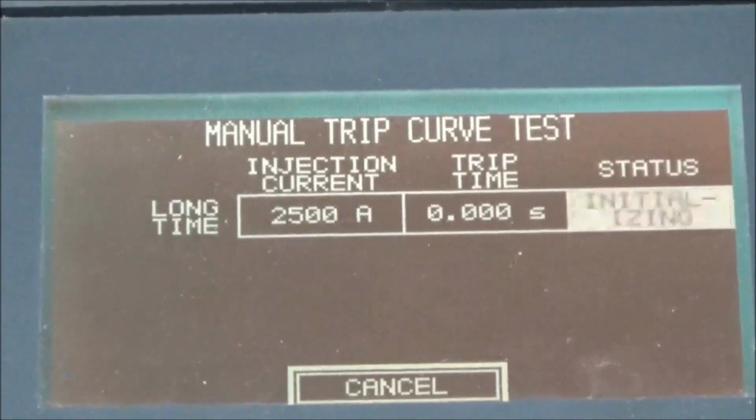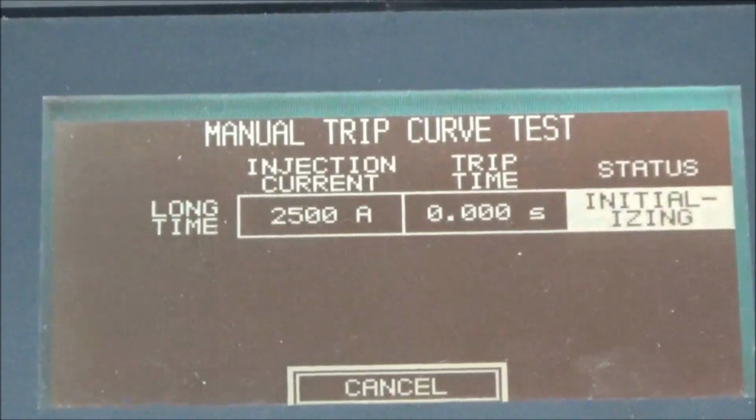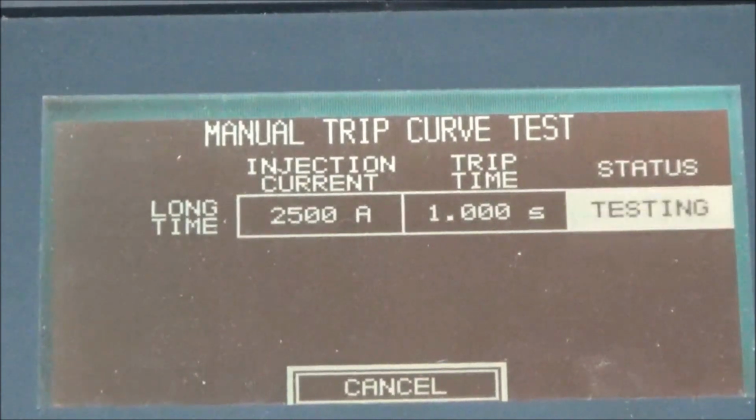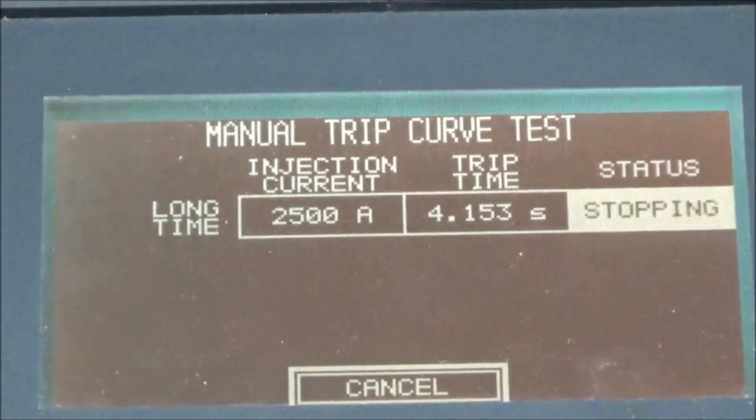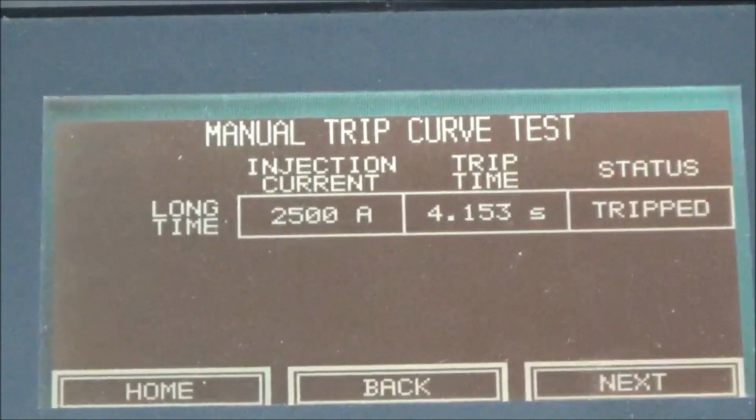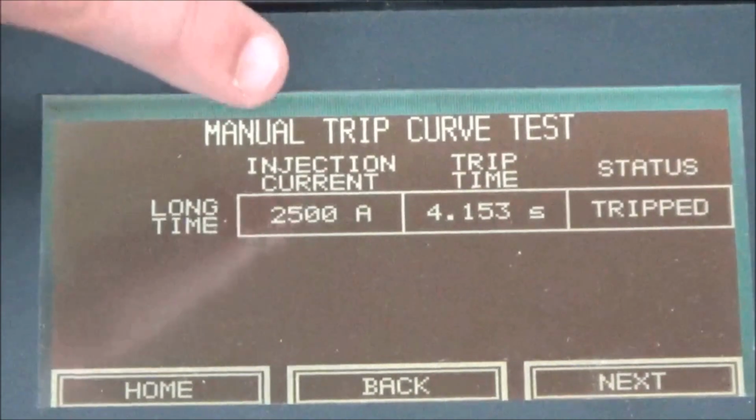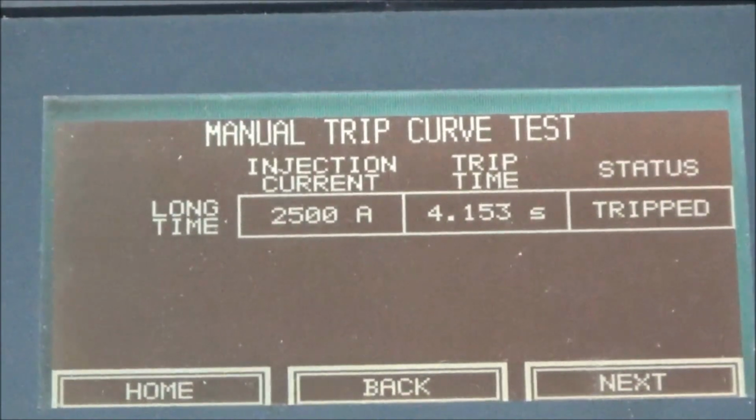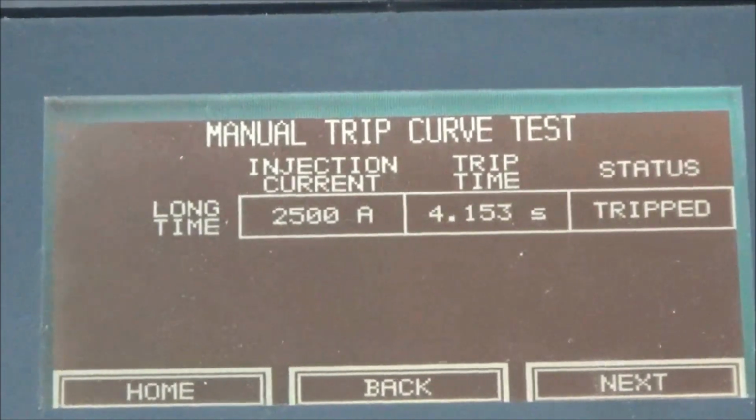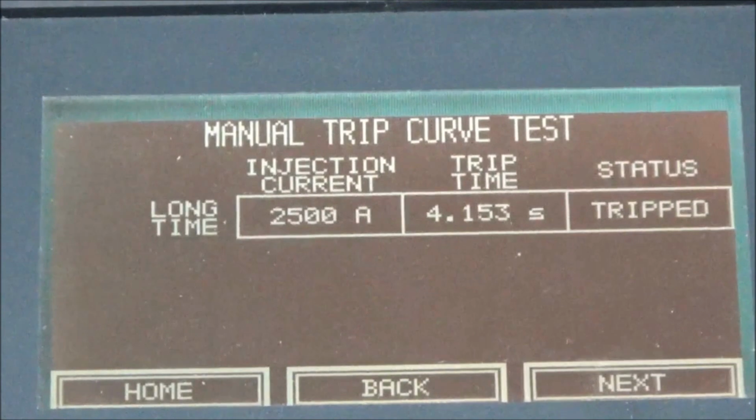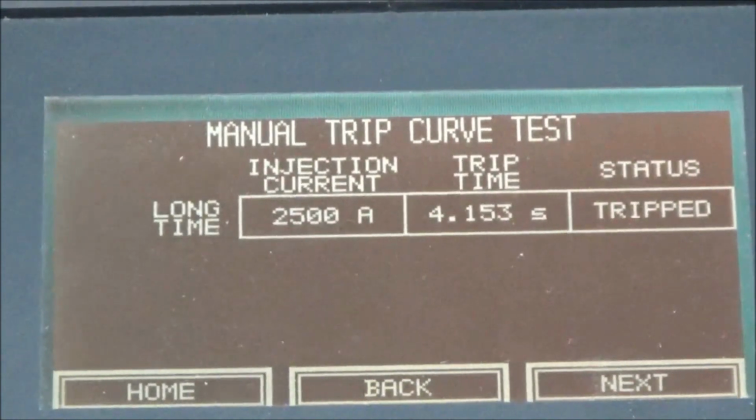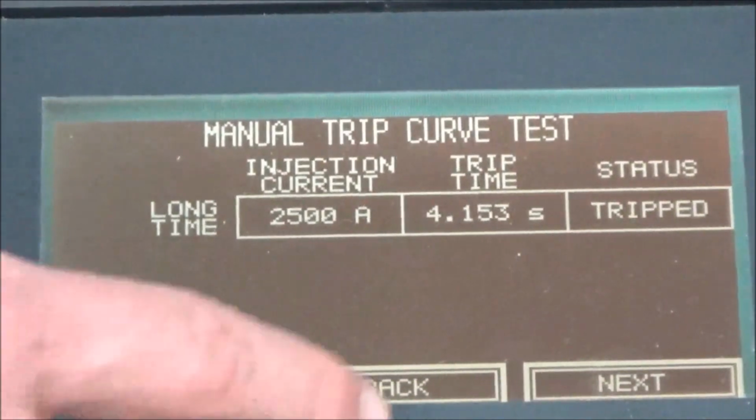It will then run the test, and then it will show how much you injected and how long it took to trip. It will not show passed or failed because since this is the manual test, it only tests how long it takes to trip on the injected current. You would then have to consult with the trip curve for the trip unit to make sure that it is within the specified trip curve. You can then hit back